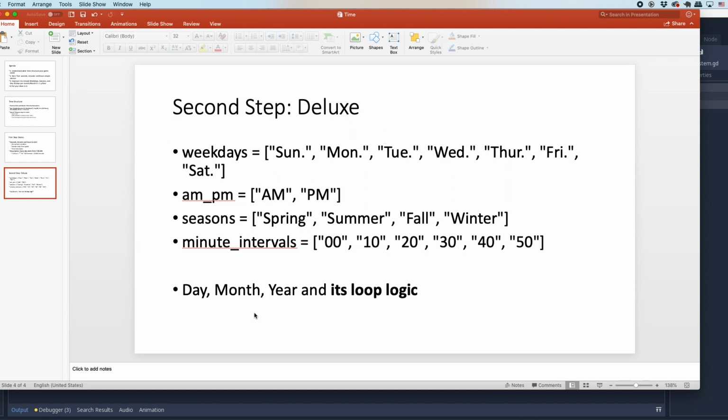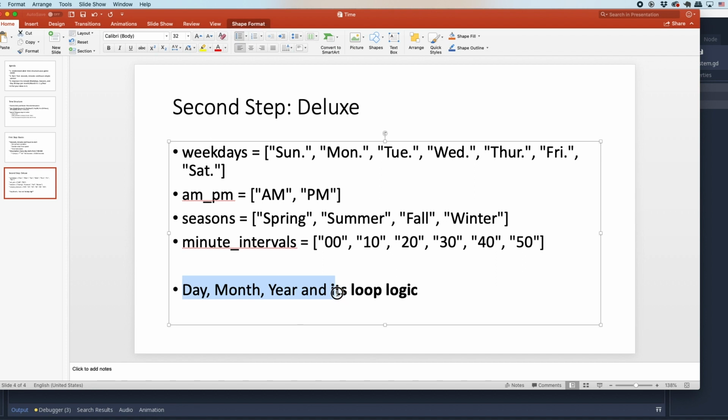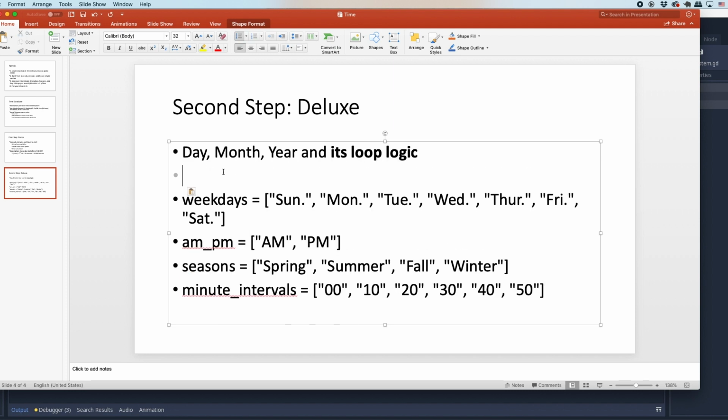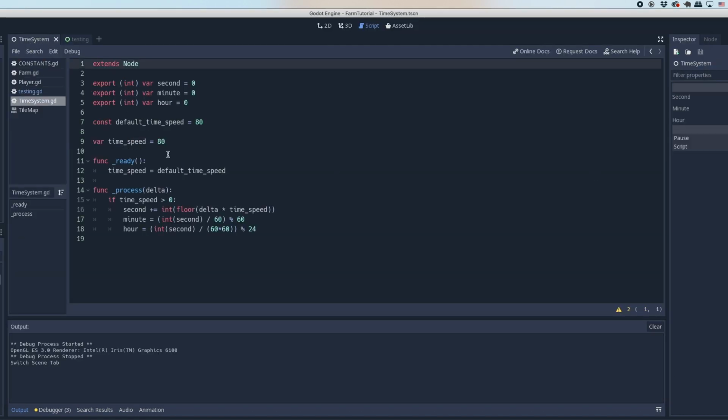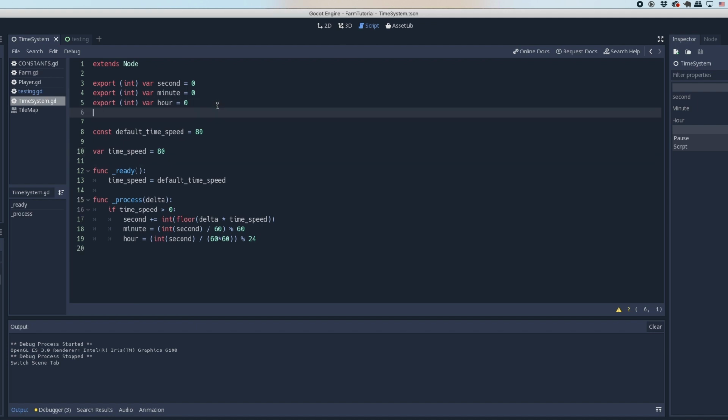Okay, now for the deluxe, we want to add day, month, year, and this loop logic first. Sorry, I should put this in front of this first to make sure they are separated. And then we add those special things to make you excited. Okay, let's go back to Godot. Let's go back to the time system. Now we need to add